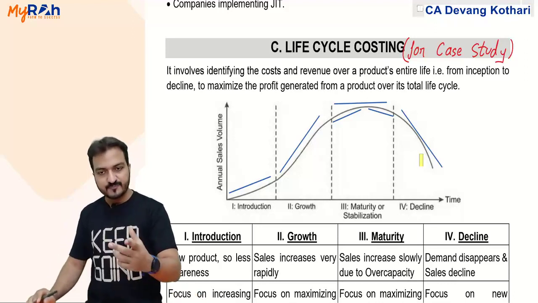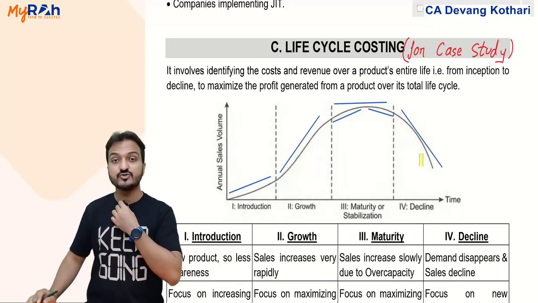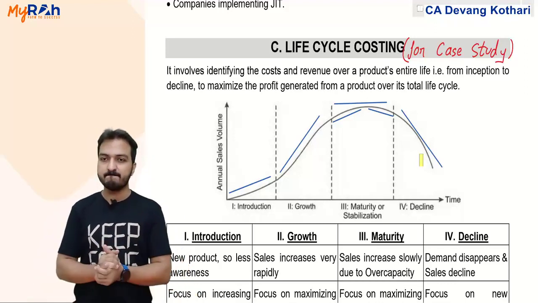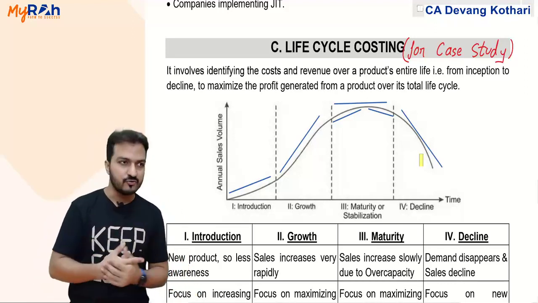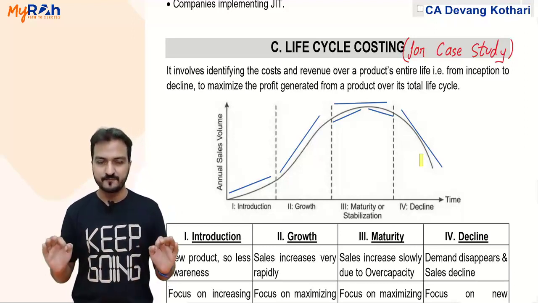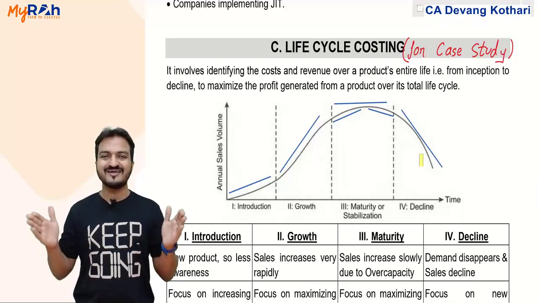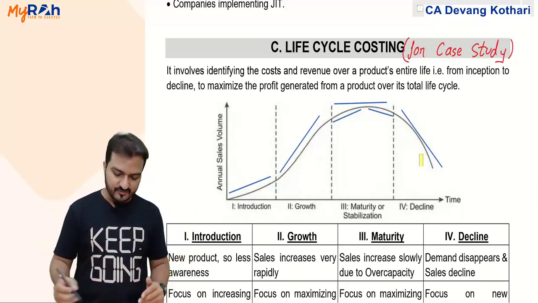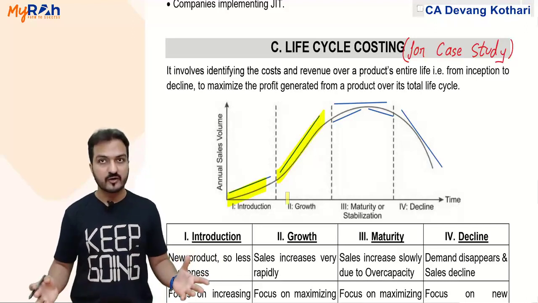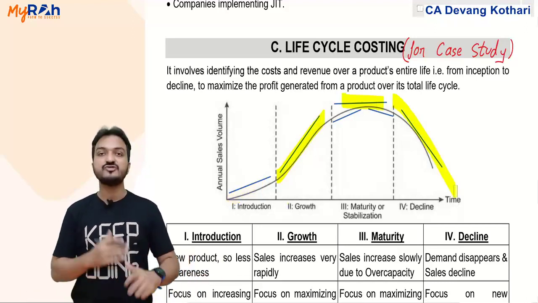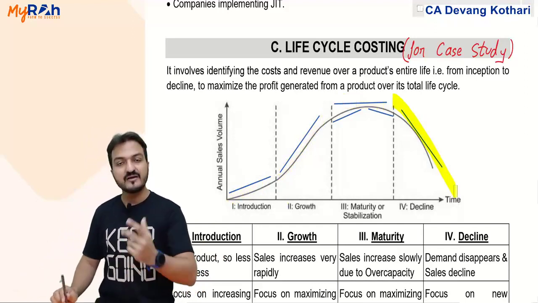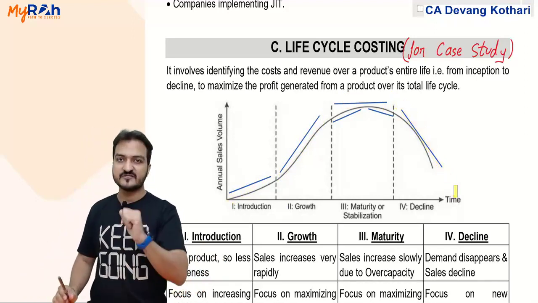One more example. The same goes not just for products, even for services. Say social media. If you remember, maybe in your childhood, in fact in my childhood, before Facebook and Instagram, there used to be something called Orkut. Now Orkut had a very short life cycle. It was introduced, immediately there was a growth phase, everybody started having Orkut accounts. Then maturity, and it immediately started declining. It started declining very soon because a better option was available called Facebook.